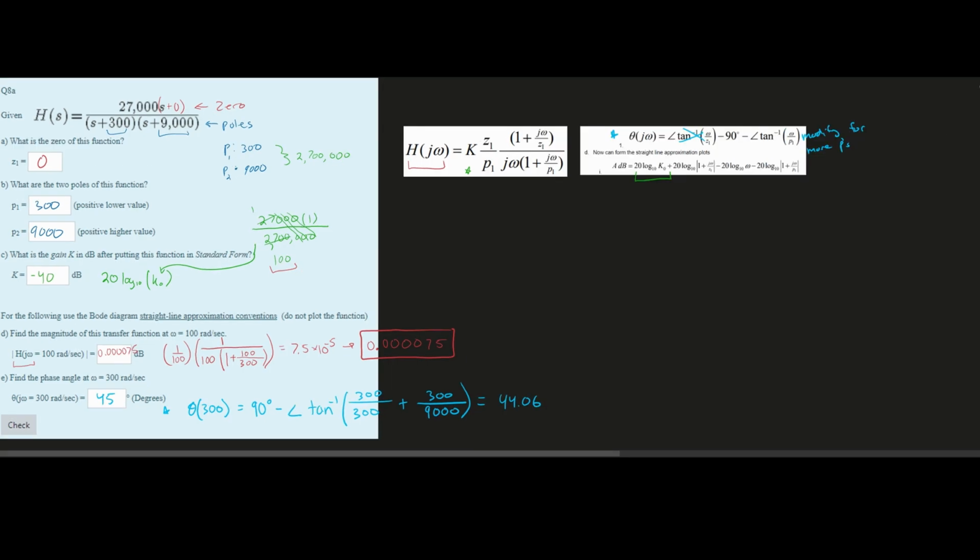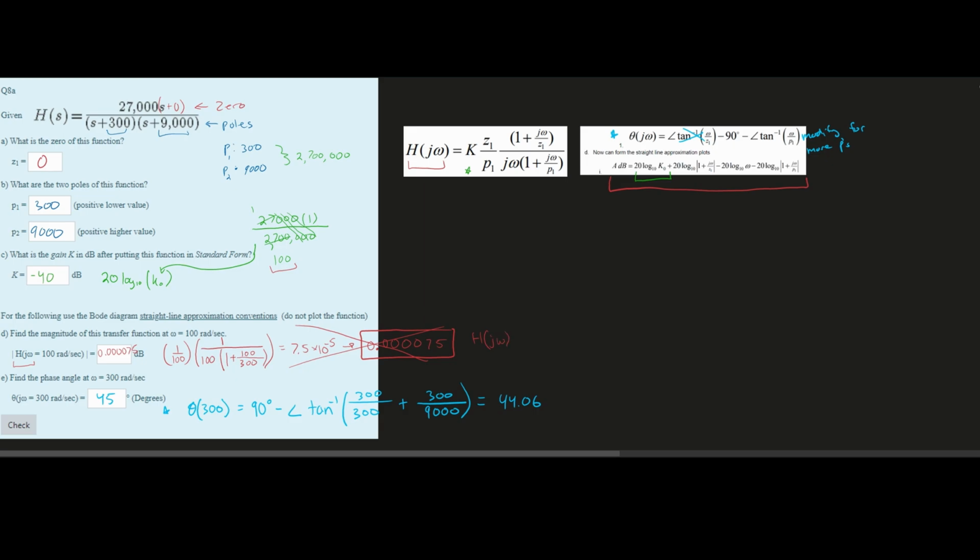I did make a slight mistake, and that is with part D. Now, what I wrote out would help us when we were to graph this, to plot the function. However, it's not going to give us the correct answer here. It's correct, but it's also an incorrect way to do it. If we were to do something like this, we would need to use this, ADB, because we need the straight line approximation, and it highlights that right here. So missing that, but now going back to it, we can say that our H